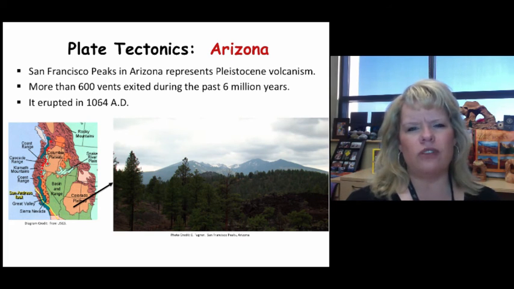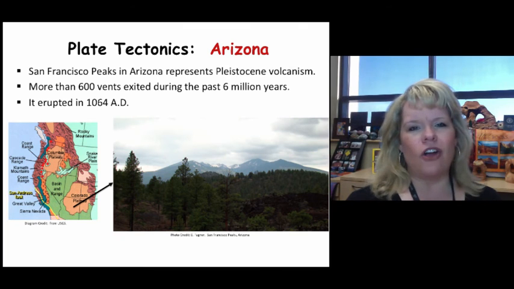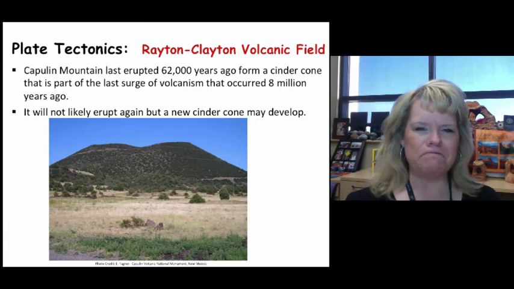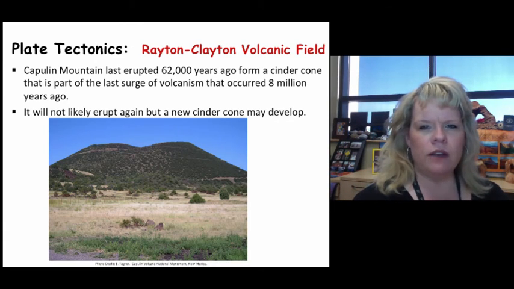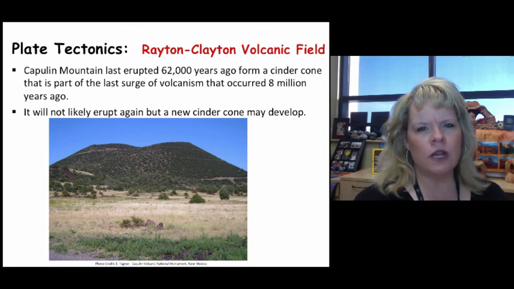So there's two parts to the park. There's the volcano side of the park, and then there's the archaeological side of the park. They're two different sections of it, but it's well worth your time to stop and get a look at this remarkable Pleistocene volcanism. The Raton-Clayton Volcanic Field is a famous place where Capulin Mountain is located, and it's a national